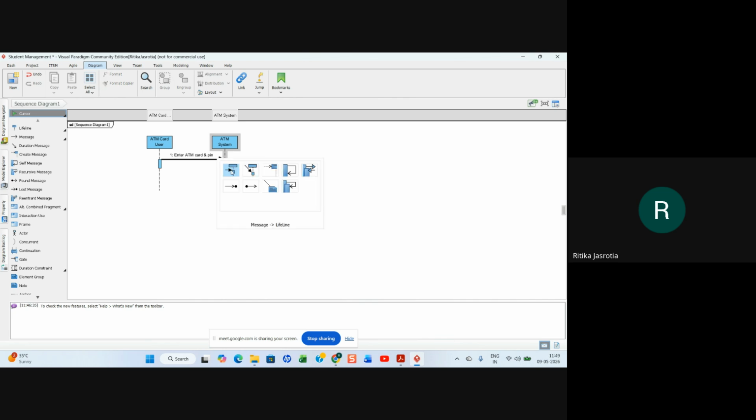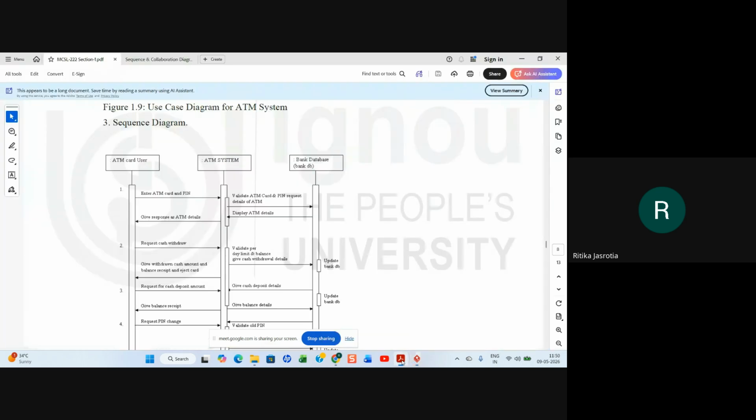Here, if I add another message, like this, I am adding the message later on. After entering the ATM card and PIN, the ATM system will now give validate ATM card and PIN request details.